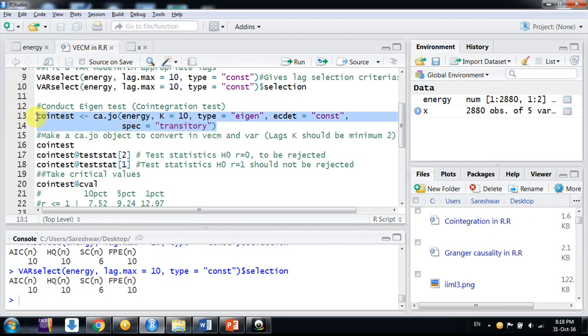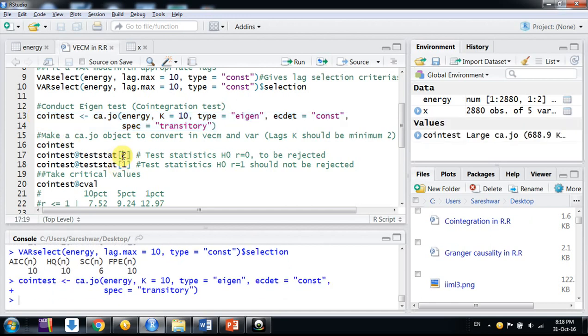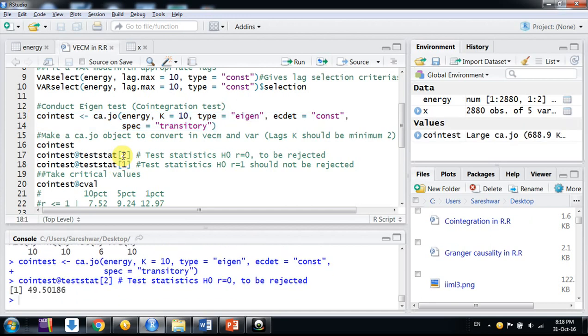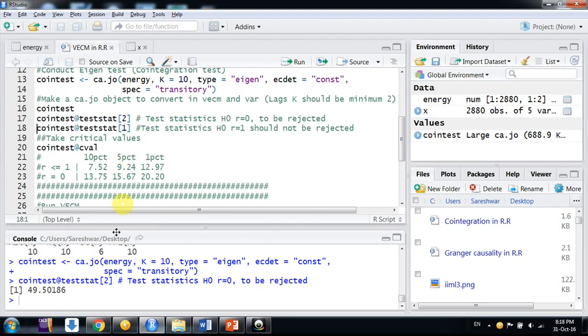You can use trace, because both give similar results. The test statistic value we find for the eigen test is 49, which is more than 15.67, so we reject the null and say yes, these variables are co-integrated, and we can estimate the vector error correction model.